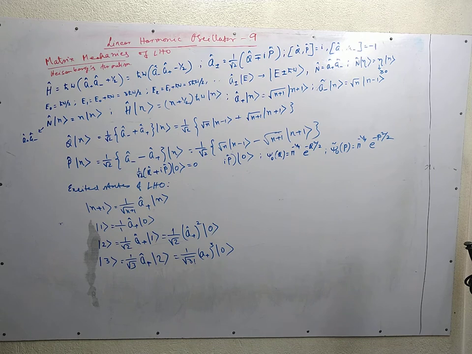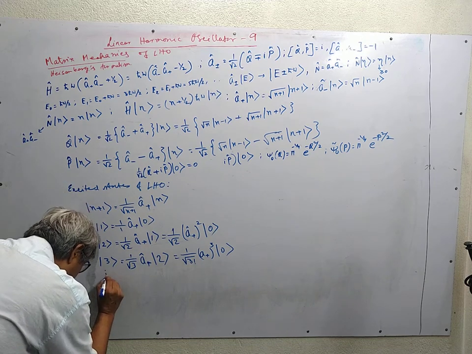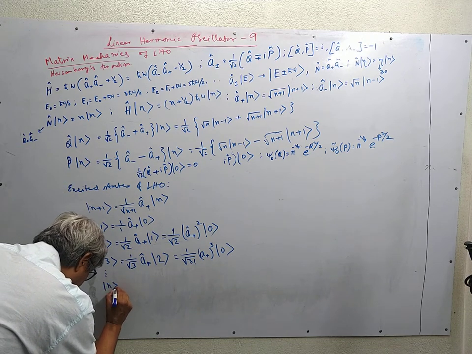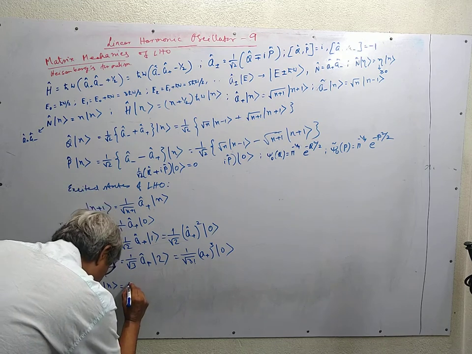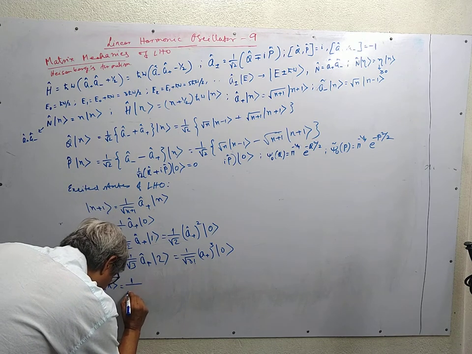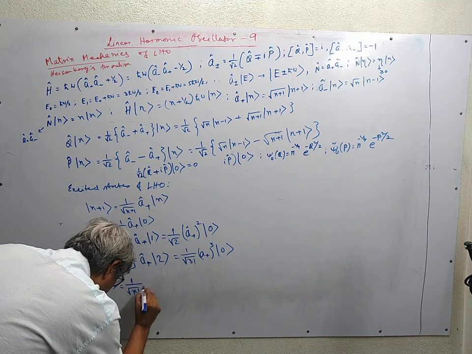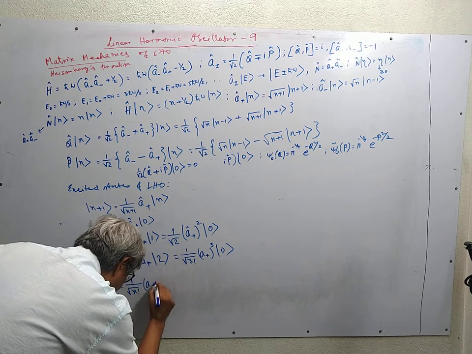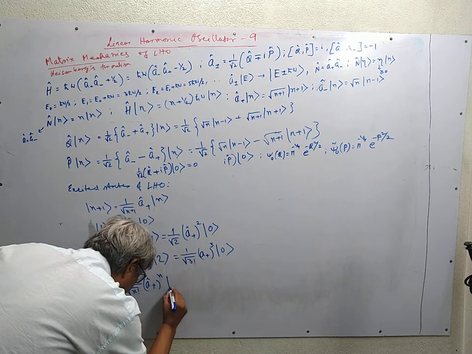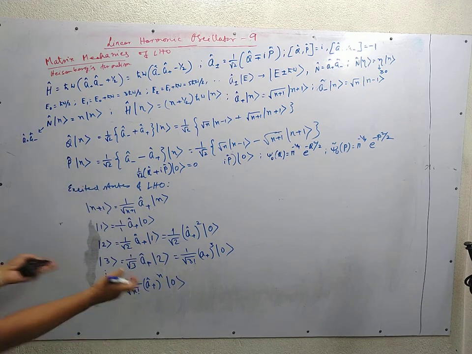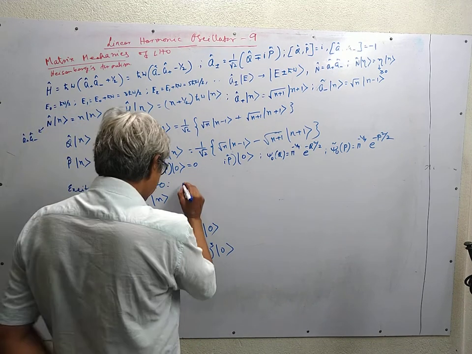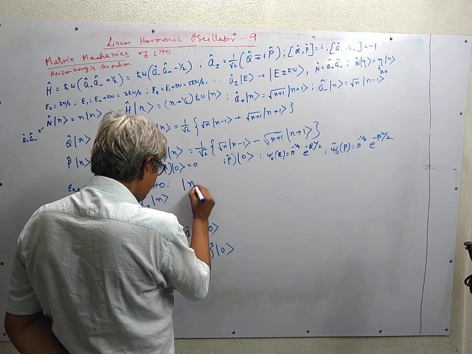So in general we can go on like this, and we get |n> is equal to 1/√n factorial a plus operating n times on the ground state. This is the definition of excited states. So we summarize excited states as